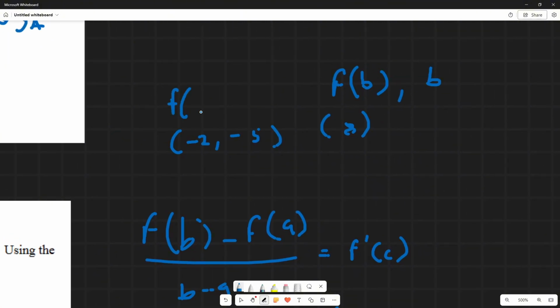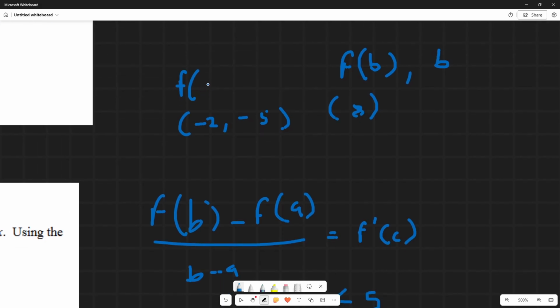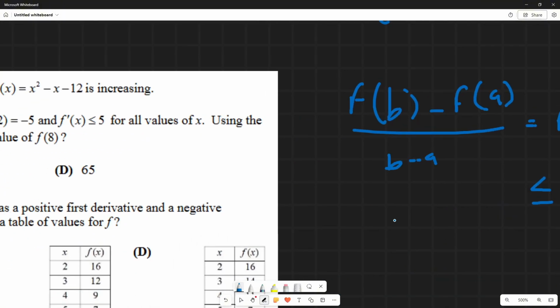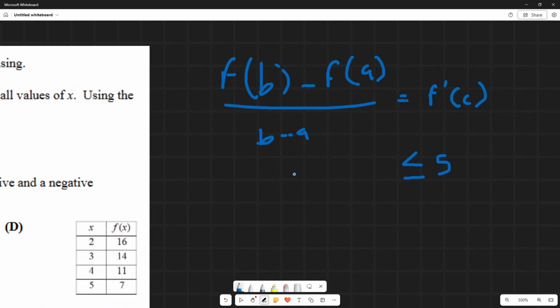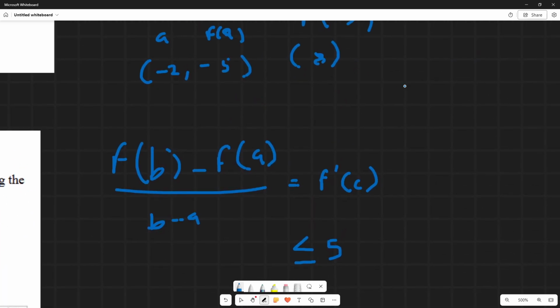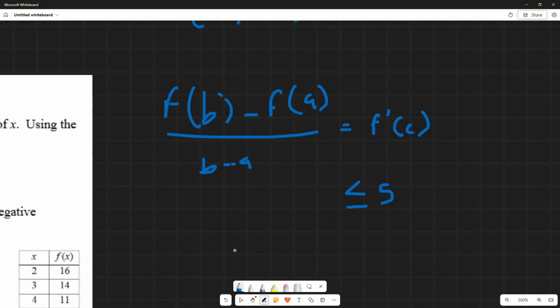And then this is our f of a, or let me just do this. So we got a, f of a. Alright. And it says, what is the largest possible value of f of 8? So that's what we're solving for. So here's what we're going to do. We're going to do f of 8